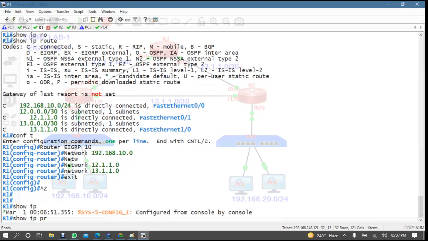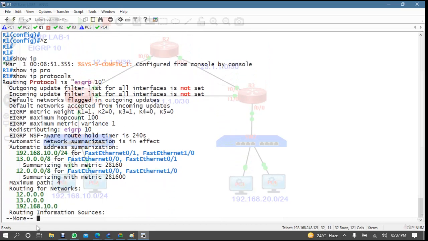So show IP protocol. Here you will see automatic summarization is in effect. Automatic summarization is supported by the routers from 12.4.